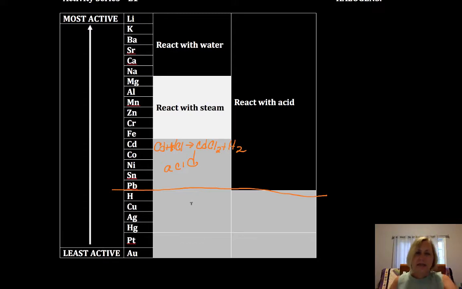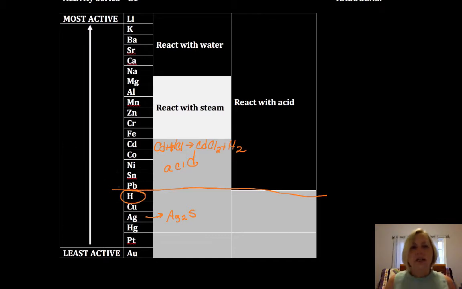Okay, now, the ones below hydrogen are fairly non-reactive. You may see silver tarnish. When silver tarnishes, it reacts with sulfur to make silver sulfide. Okay, you may see copper oxidation as well, but these get less and less reactive as we compare to hydrogen